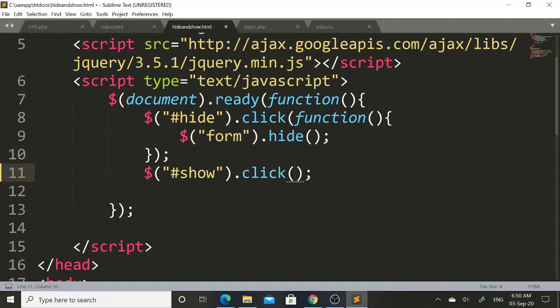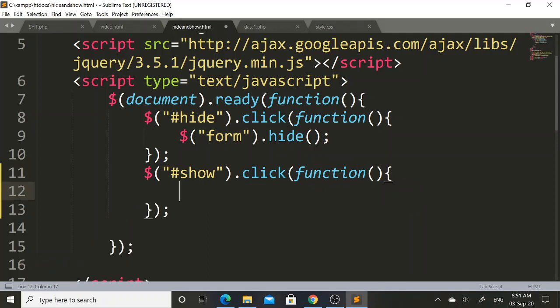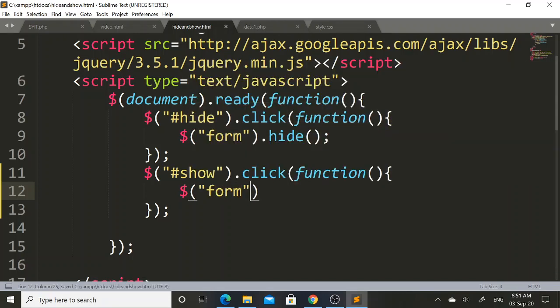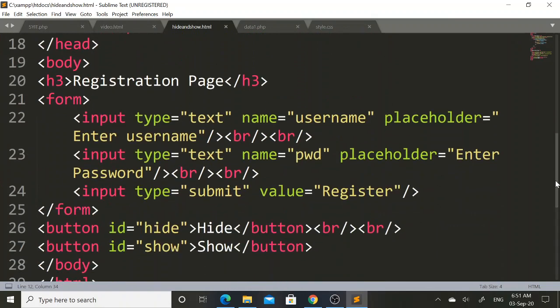In this click event I will pass one parameter, function, open parenthesis, close parenthesis, open curly brace, close curly brace, dollar. Again in this factory function I will mention form tag, and with the help of dot operator I will call show effect. So this is a jQuery code to execute hide and show effect.